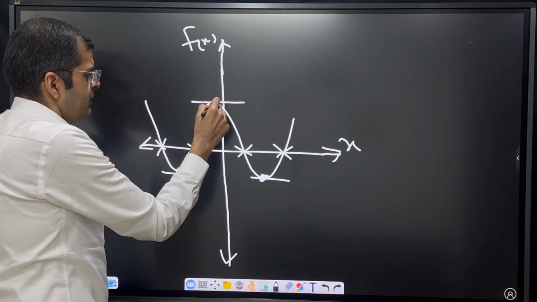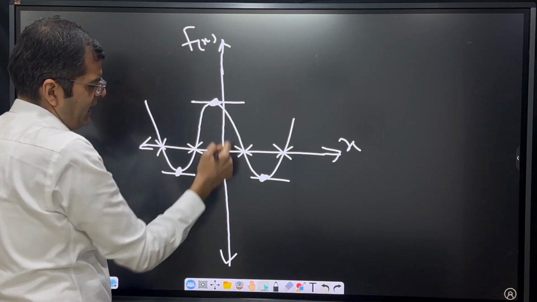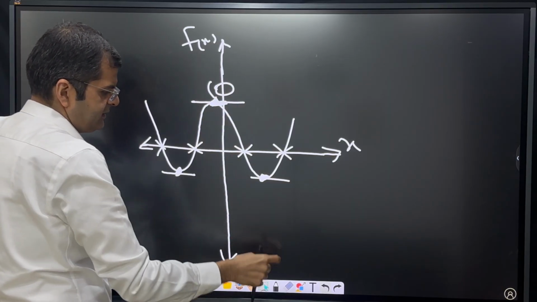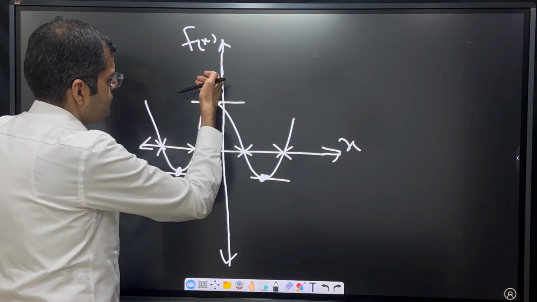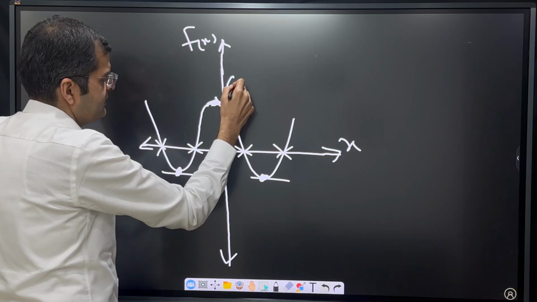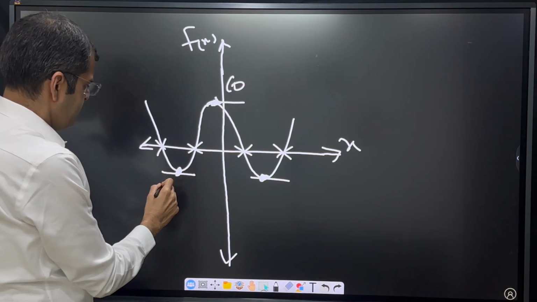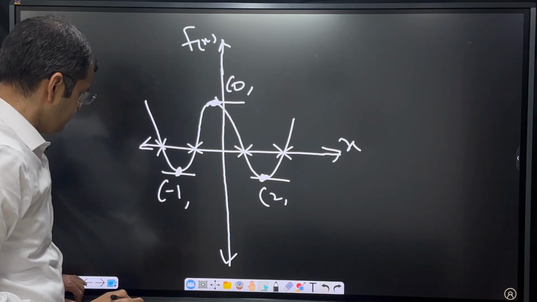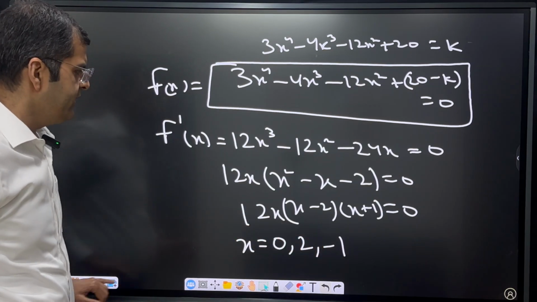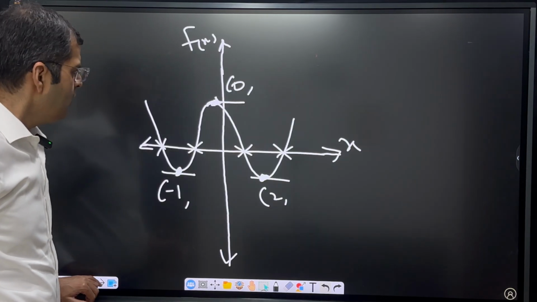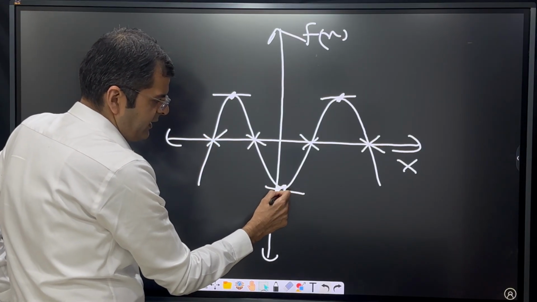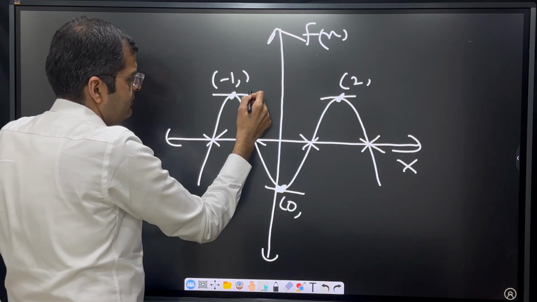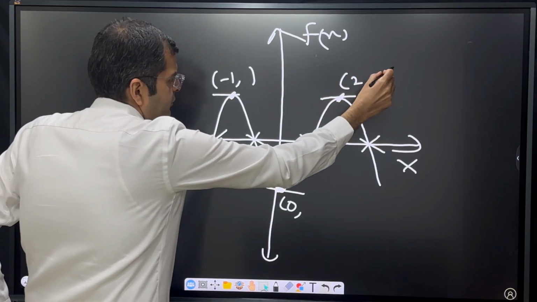So either this point is x is 0, which means the y-axis should be like this here. So assume that this is lying on the y-axis. So here x is 0, here it is minus 1, and here x is 2. These are the 3 points of x at which the slope is 0. Or if the graph is like this, then again let us assume it is on the y-axis. X is 0, x is 2, and x is minus 1. Now we have to figure out which of the